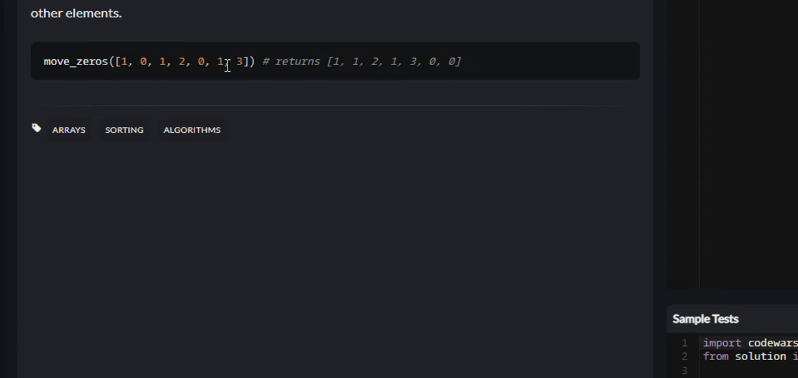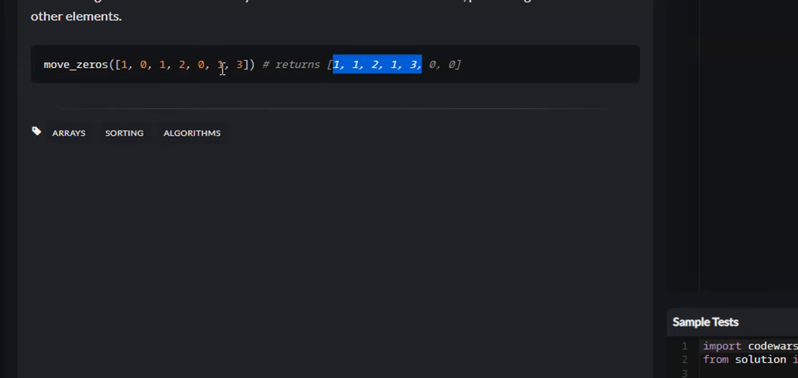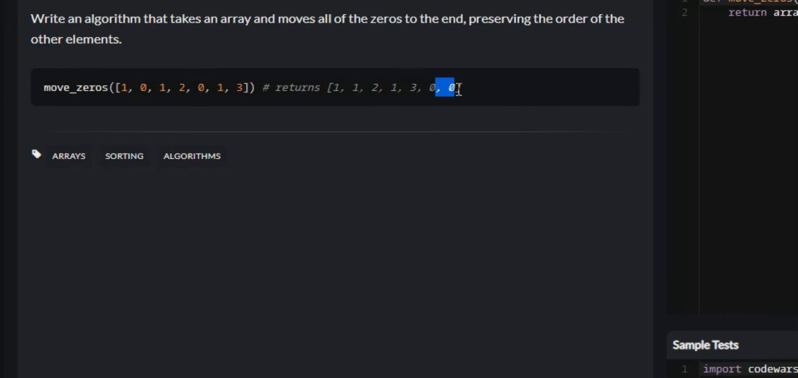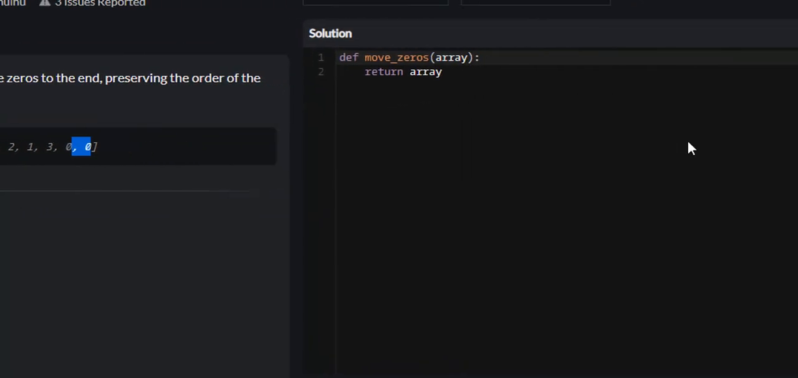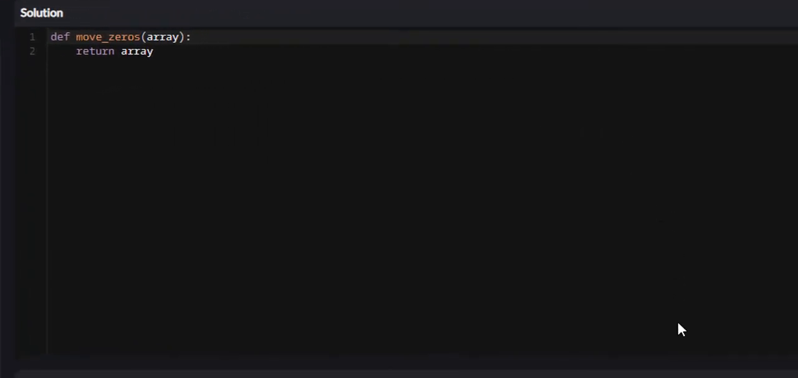and what it wants us to do is take these zeros and append them to the end. So it will return 1 1 2 1 3, preserving the order of the non-zero elements, and then appending the two zeros to the end. Now we can do this in actually a pretty simple way. The way I did it is,